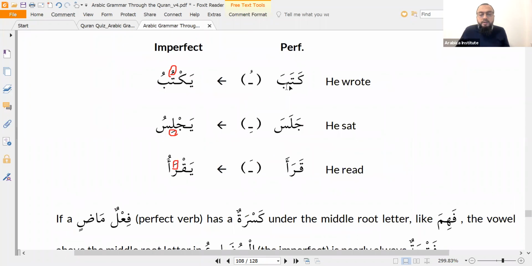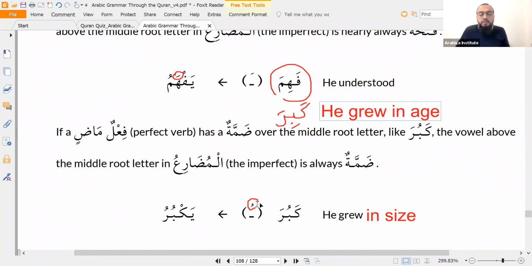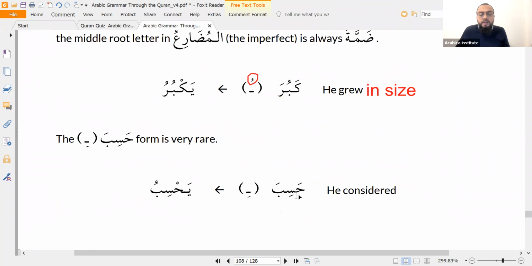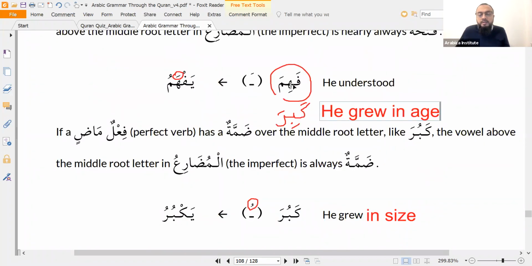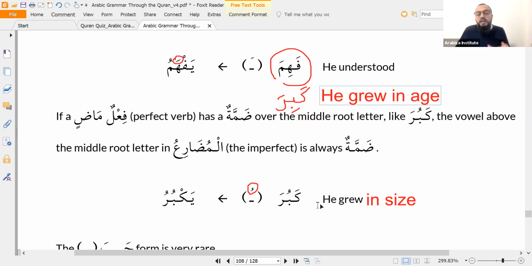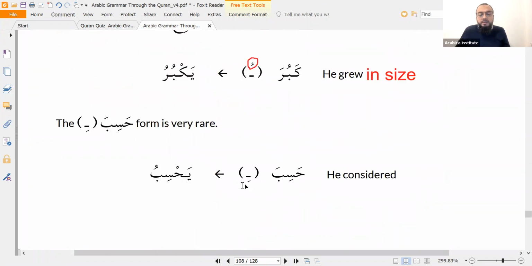Okay, so there's three of these. There's six of these in Arabic. There's these three. Then there's this one. That's five. And then there's this one, hasiba. Hasiba is the same as fahima, right? So I said 99% of the time it's going to be fatha. The other 1% of the time it's going to be kasra. So you have hasiba yahsibu. Interestingly, with this verb, you also have yahsabu. Both are allowed with this one. So this particular verb is both of the fahima yafhamu type and of the hasiba yahsibu type.